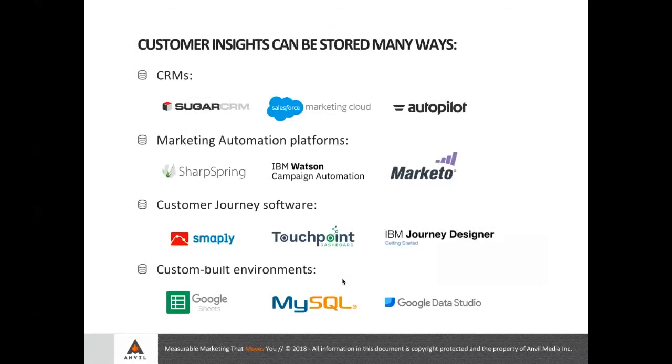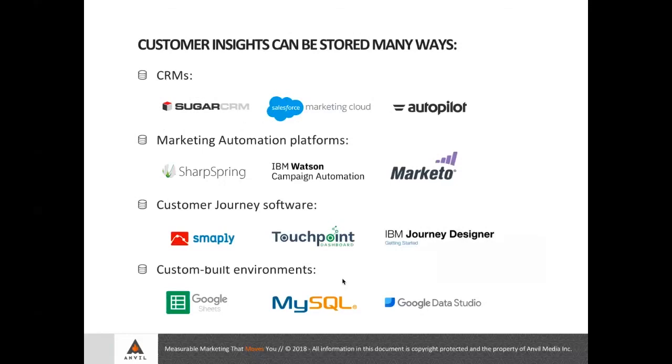I did pick these because I have affection for all of them. For CRMs, Sugar CRM is a really powerful one. What I love about it is it has a lot of connectivity to other systems that works really well. Salesforce Marketing Cloud is the one we all know, and it's what many of our systems are either in, and oftentimes in the old version of Salesforce moving over to the Marketing Cloud. That's more and more common. Autopilot's a really good CRM too.